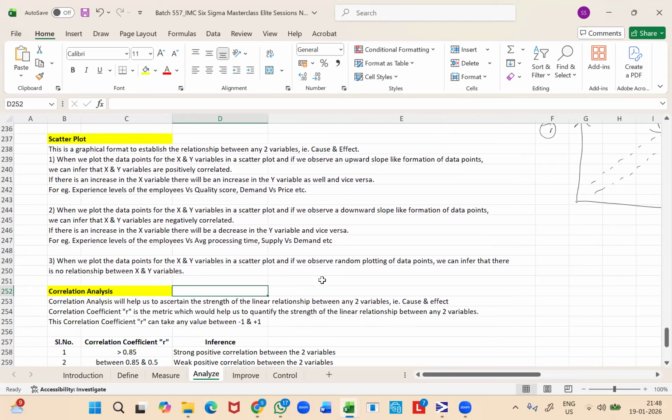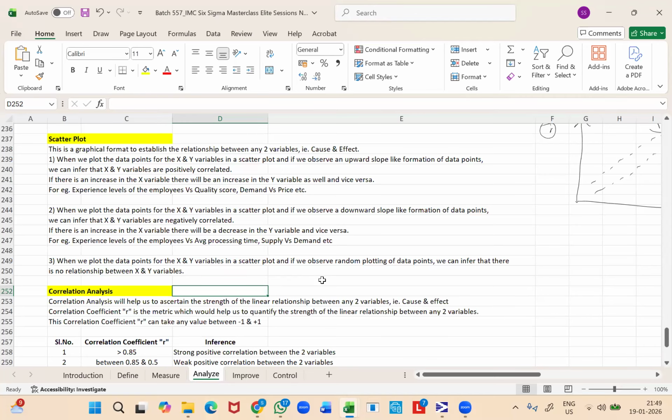So we will be able to ascertain the relationship only for the linear relationship, right? So it should have a slope-like formation of data points when we plot the scatter plot. For those kind of scenarios alone, we will be able to ascertain the strength of that relationship through correlation analysis,